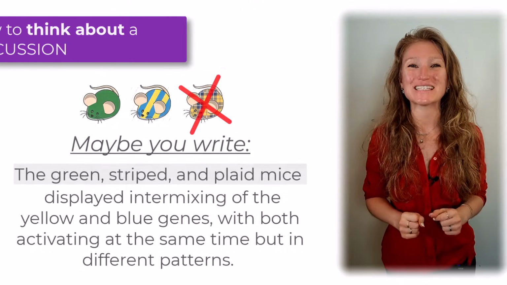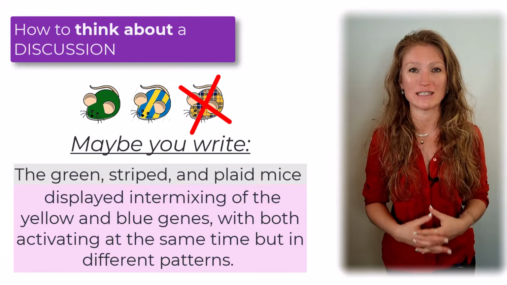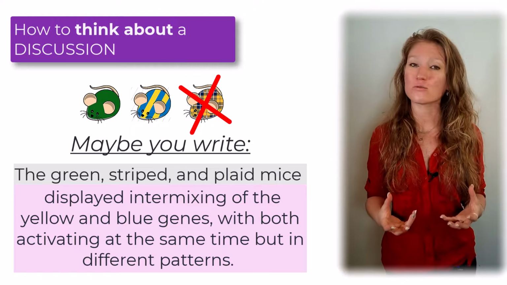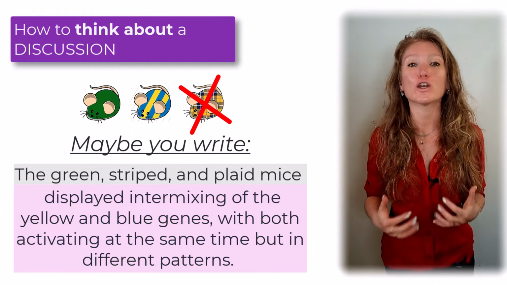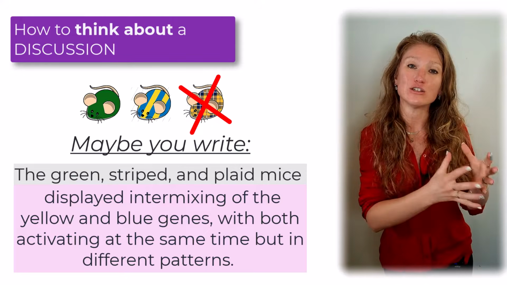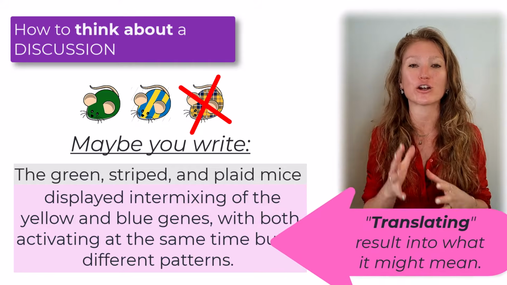Now, let's look at the second half of this sentence where we talk about this intermixing between the genes. Here, this is not necessarily a direct output of our experiment, so we're not summarizing the result. Here, we are critically analyzing what that result means. So we are taking the direct output of the experiment and we are translating it for our reader into language